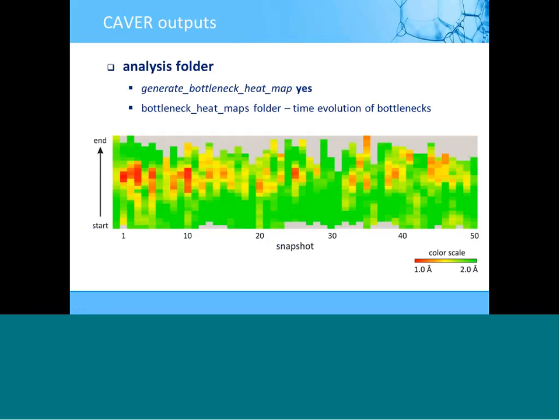Similarly, you can use generate profile heat map, yes, a parameter which allows you to obtain the time evolution of a whole tunnel profile. So it means that you have the geometry of a single tunnel cluster evolving or changing through the individual structures, the snapshots. And you can see from the beginning of the tunnel to the end on the vertical axis how the radius